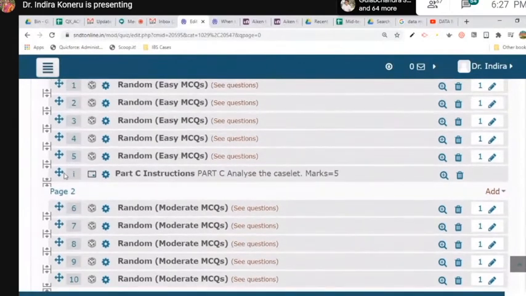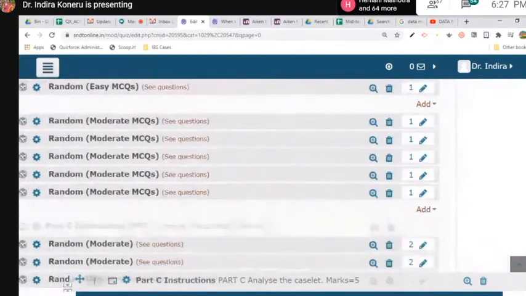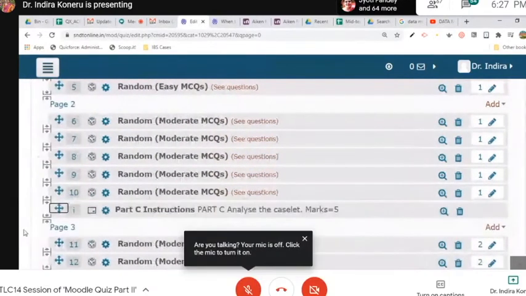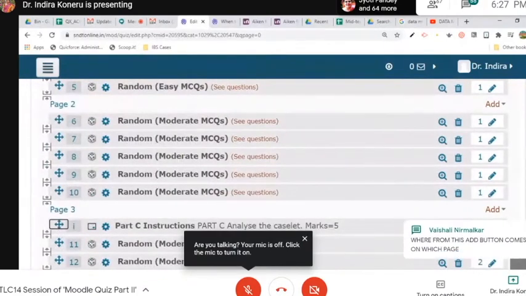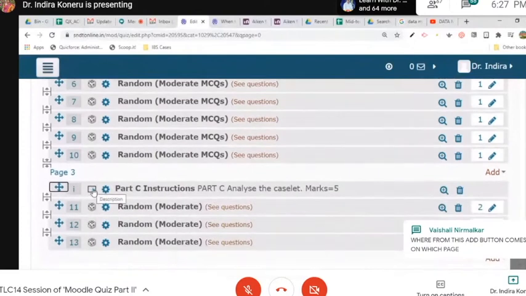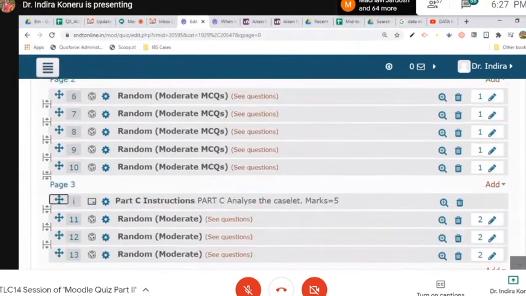I need to drag and drop this here to part C. Now here we don't have any randomizing for part C. These all are randomized questions. So we are done with this.